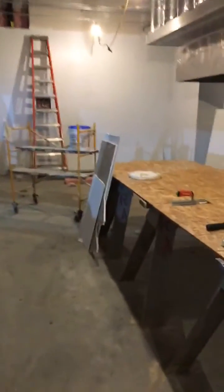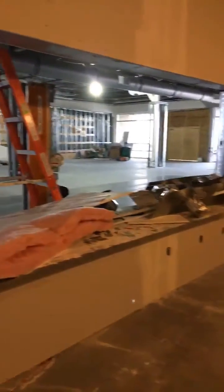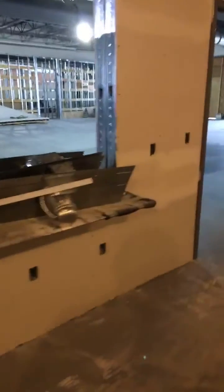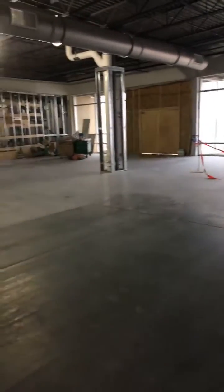And then you can see this is the main window that'll have the drop down, the roll top to cover the window when we're not using it. But these doors will be open out into the narthex. And you can see a couple things going on out here over the